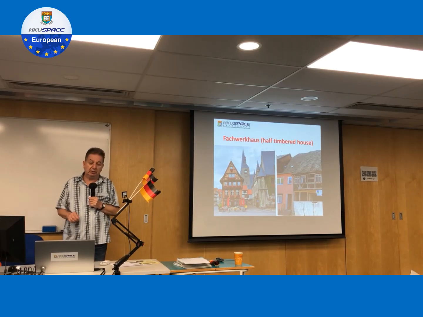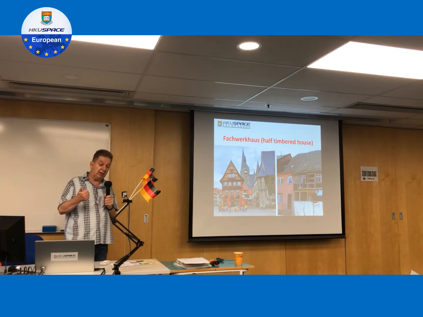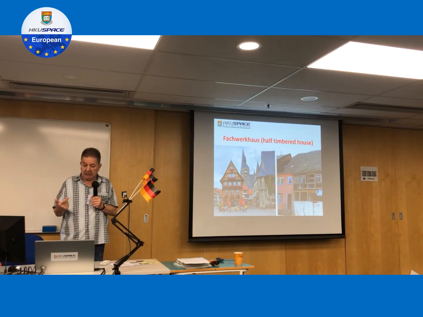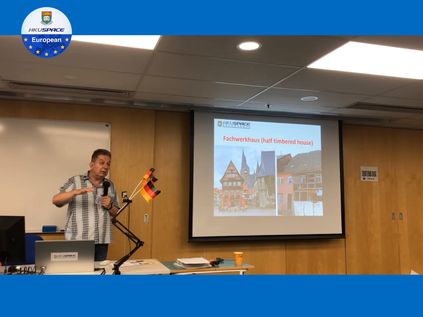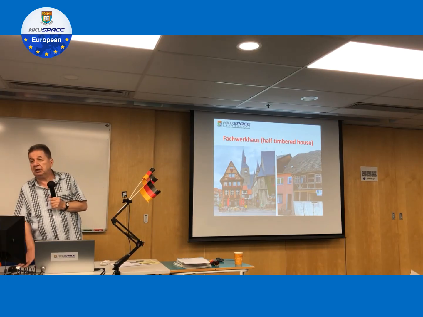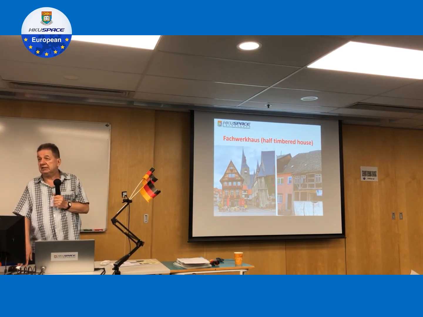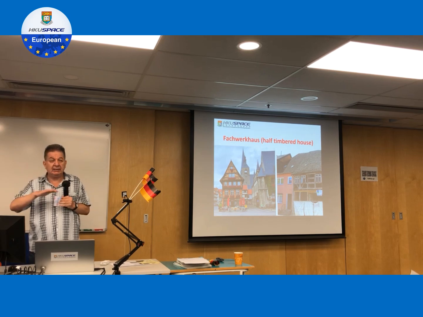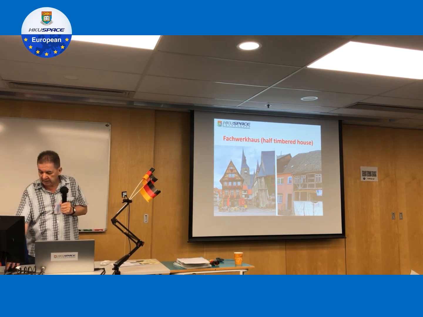Okay, so this was the Middle Mountains. We talked a little bit about the wine. We talked about the half-timbered house. And let's go to the next. We come to the area before the Alps. The area before the Alps is higher up, but in itself is flat. It's a plateau.